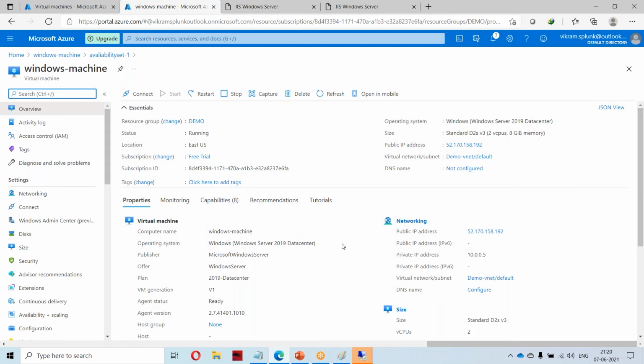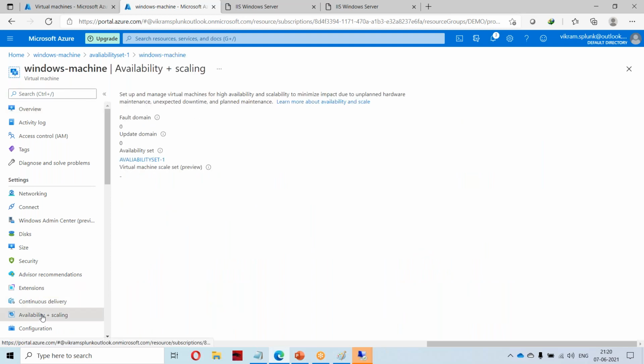Tomorrow I will take this lab on availability sets. Actually, there is one concept called auto scaling, so that can be done using this availability set. There is something like availability and scaling, no? So that can be done. Tomorrow we'll see that one.